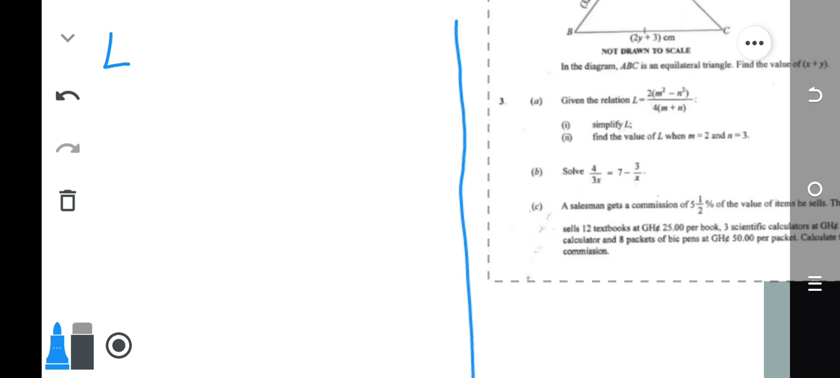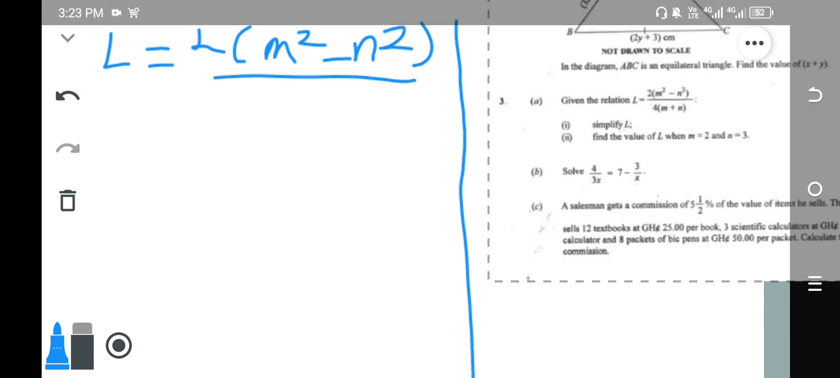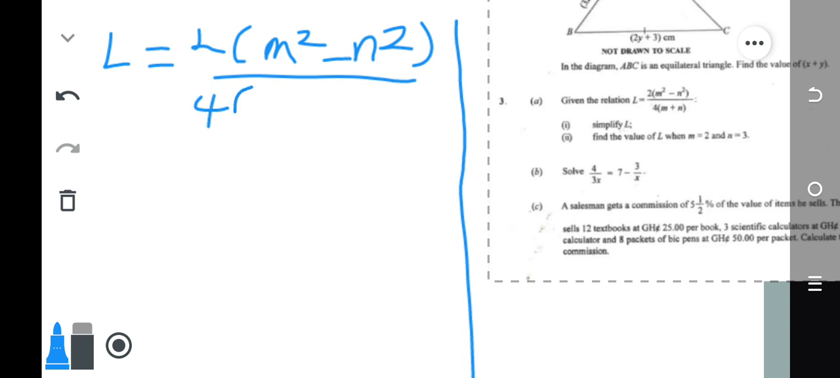So L is equal to 2(m squared minus n squared) all over 4(m plus n). Let's simplify according to question 3ai. So L is equal to